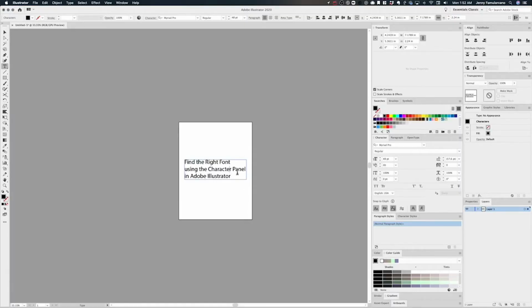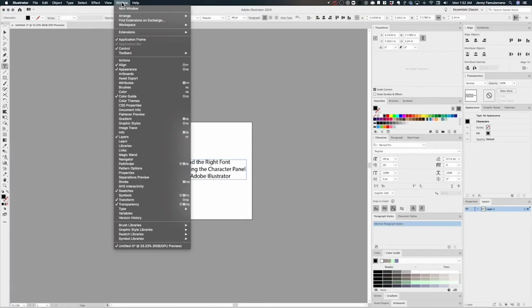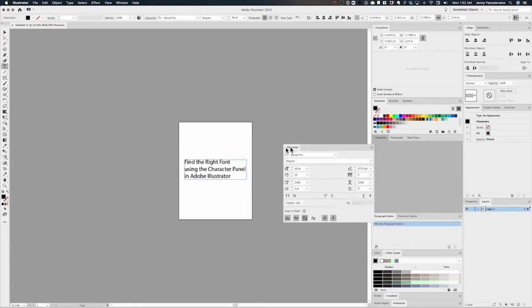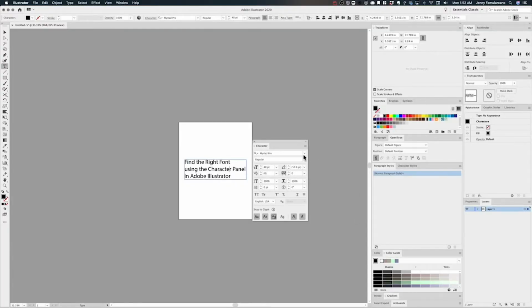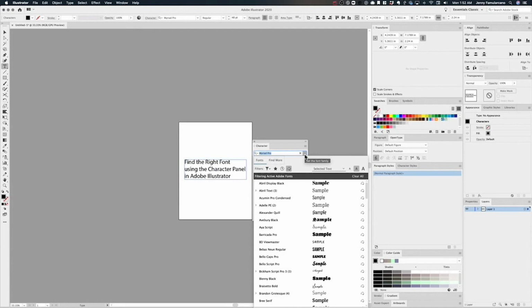The greatest thing about Adobe is that these character panels are almost exactly the same in Adobe Illustrator. If you go to Adobe Illustrator, to show the character panel, you need to navigate to the Window menu, then to Type, and then Character, and you're going to see everything is about the same. By clicking on the font family drop down, you're going to find everything exactly the same.